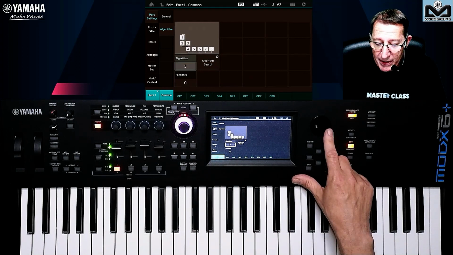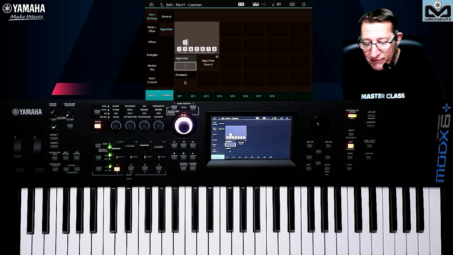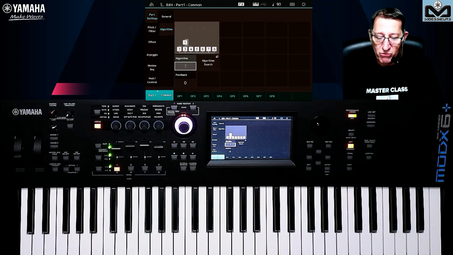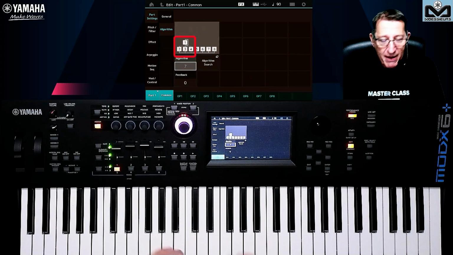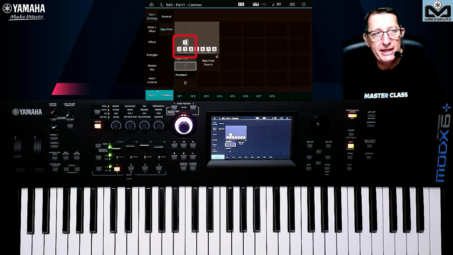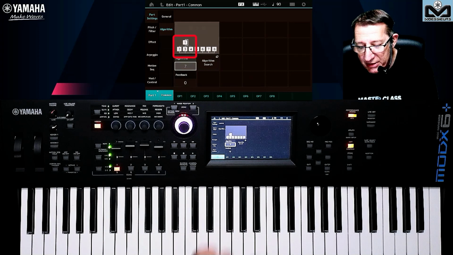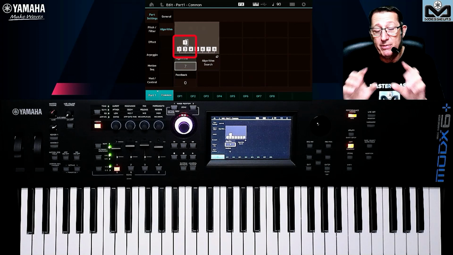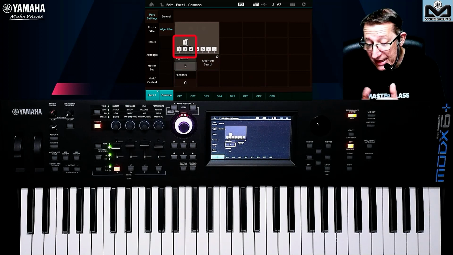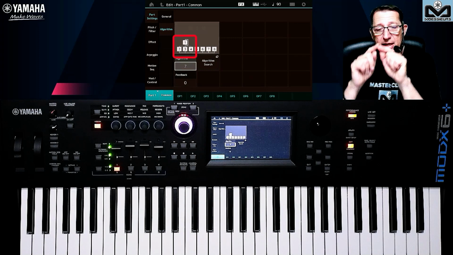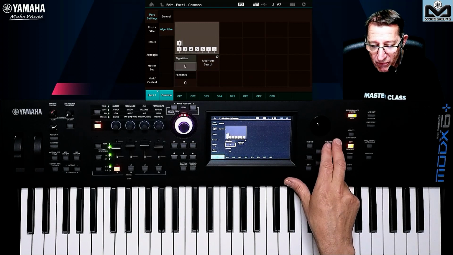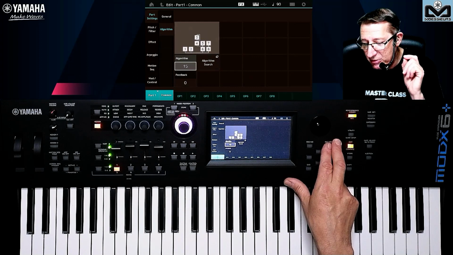So I will not pass through all, but I searched for some here. Here is a very good idea, because we have some types of arrangement inside the algorithm, and this one is called root, because you have operator 1 here on top of the 2, the 3, and the 4. That means operator 1 modulates the carriers 2, 3, and 4 in the same way, at the same time. And that's what we call root, because 1 is the root of the 2, 3, and 4. This is one typical form that we have here for the algorithm. So when you say root, it's that.